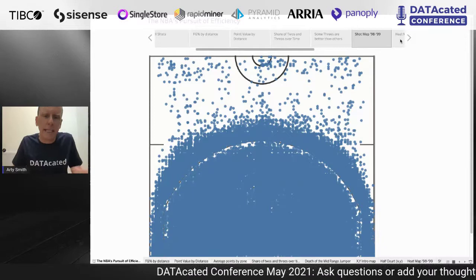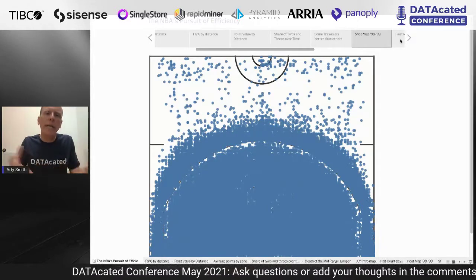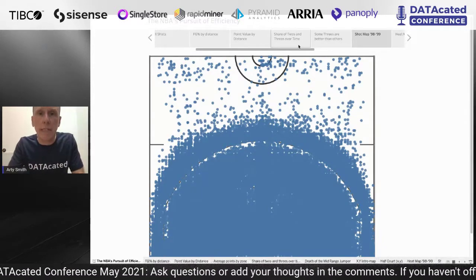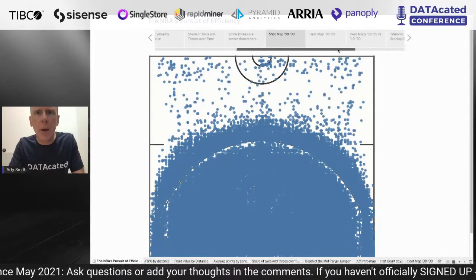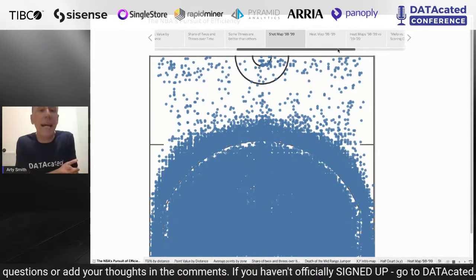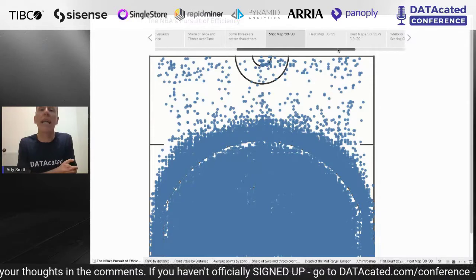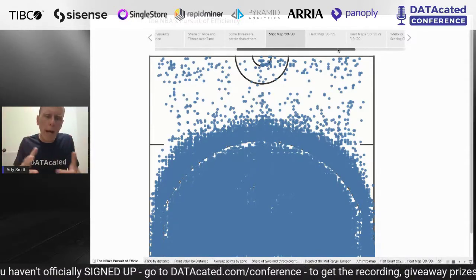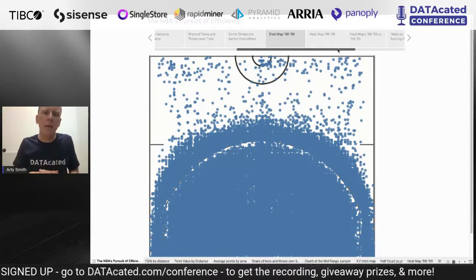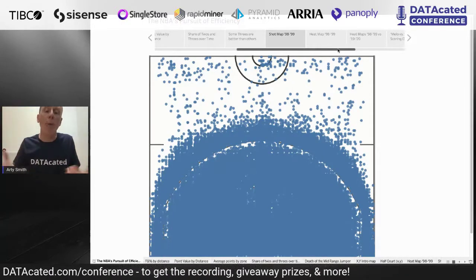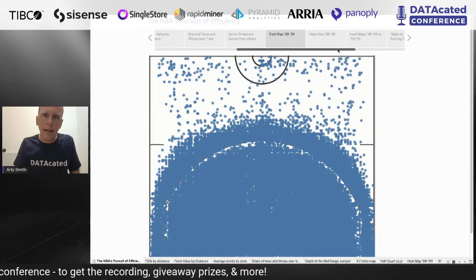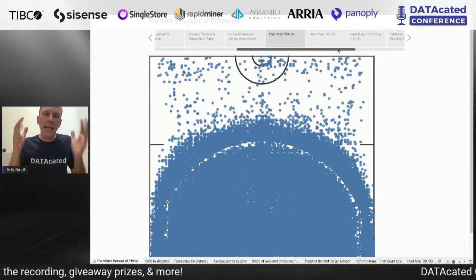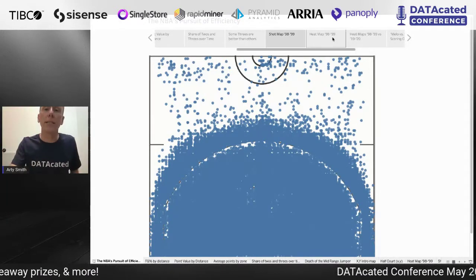Again, it's messy. There's too many shots here. We can't really make any rhyme or reason from this. So I'm not going to use a scatter plot. Rather, I'm going to switch to a density plot. Sometimes we call it a heat map. And this next graph is going to show us where the shots were most dense, okay, where shots were taken from most frequently. It'll cut through the clutter, if you will. And the densest areas are going to appear to be the brightest. So this is the